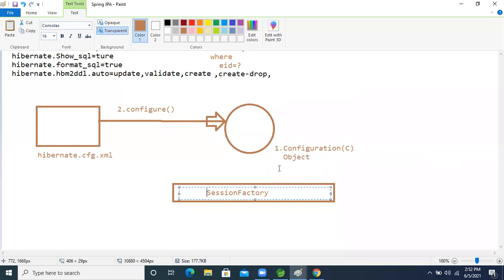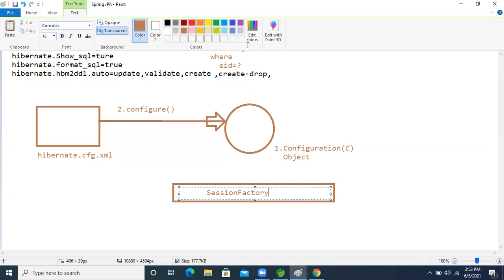Same here also. We don't know how to build or create a session factory to perform a database operation, right? We don't know how to perform database operations in ORM. So the ORM framework says, hey developer, don't worry about that, I'm giving you one session factory interface. Using the session factory you can do those things. I'm reducing your burden.